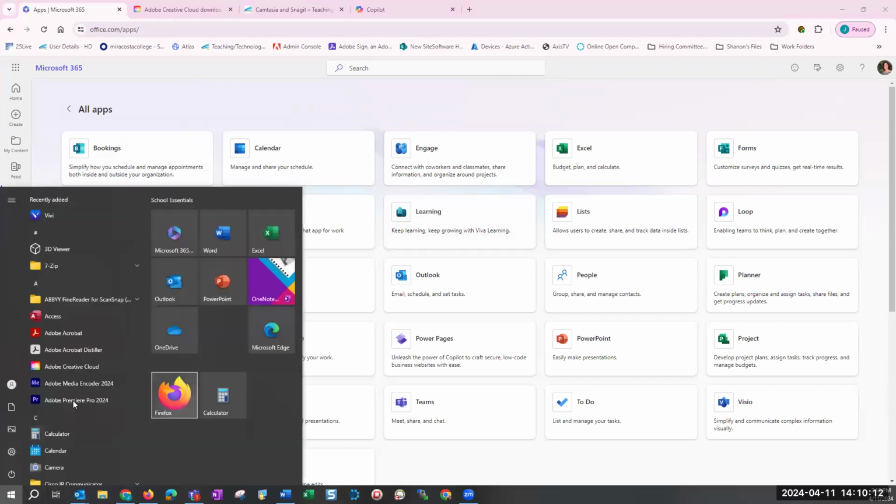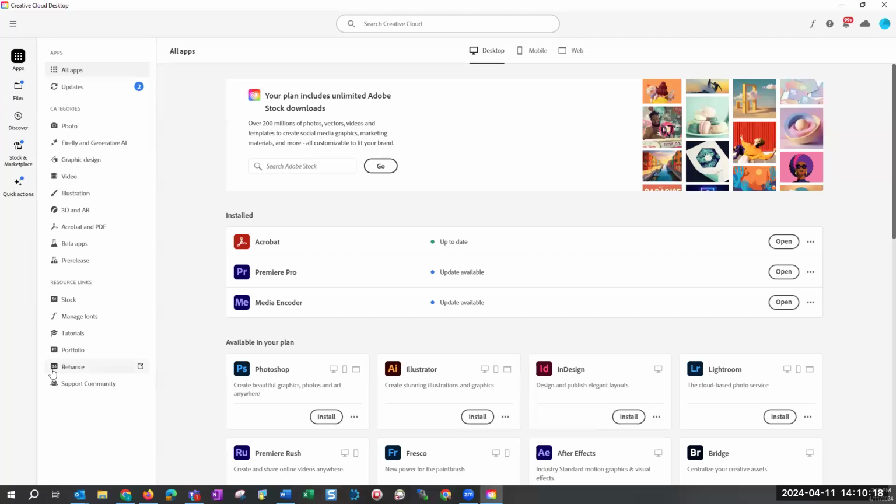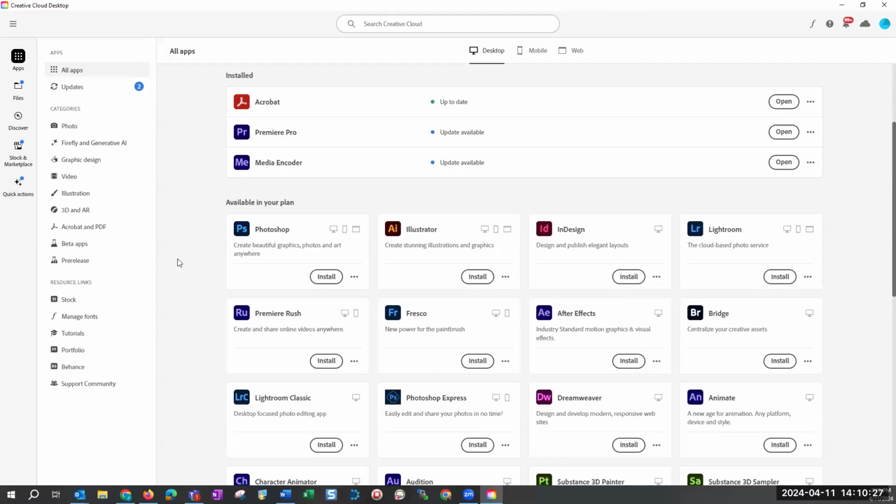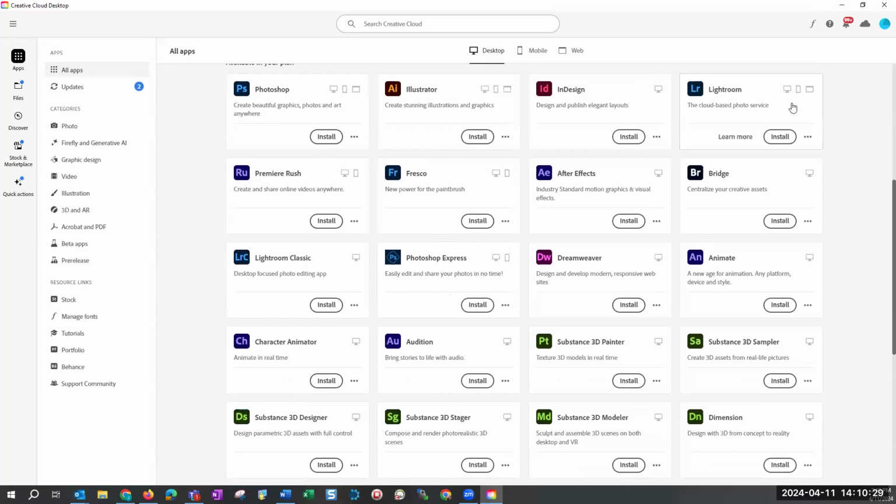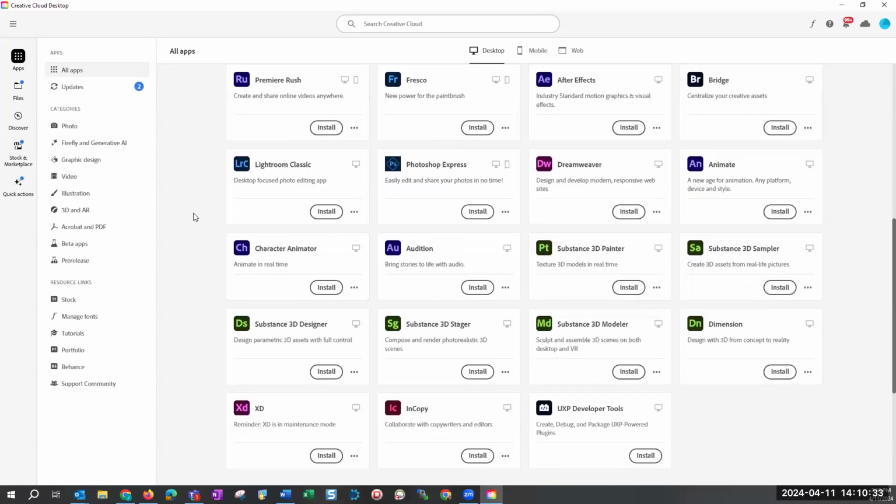So in Adobe Creative Cloud, I think I have it open down here. I do not, so I will open it again. So you can license Adobe on a home computer, and everything that is available in here for install, you can install it.